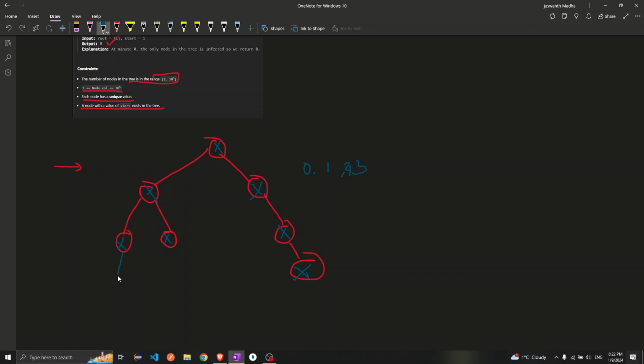What if there is another guy here? What if there is another guy? At the fourth minute, this guy will get infected. Right? This is the guy who got infected at the 0th minute. Now, if you look at this example carefully,